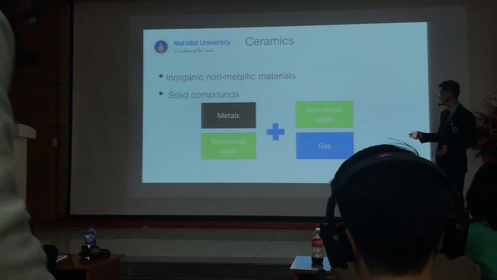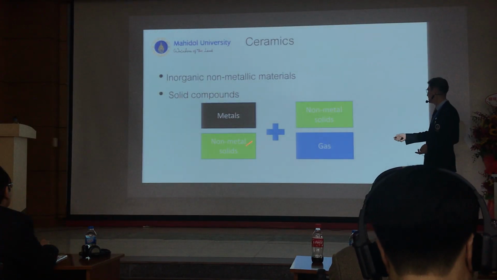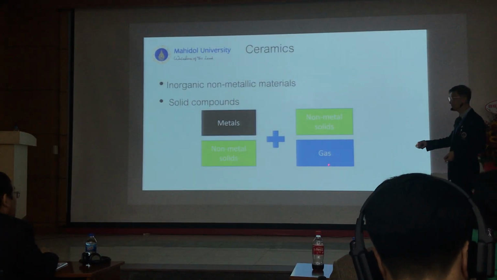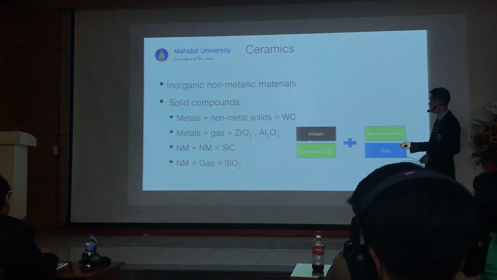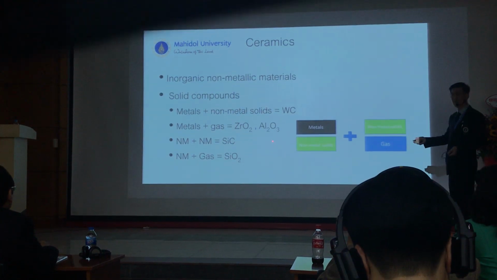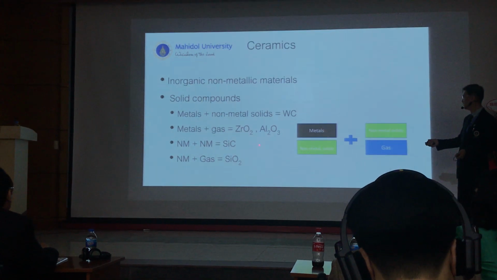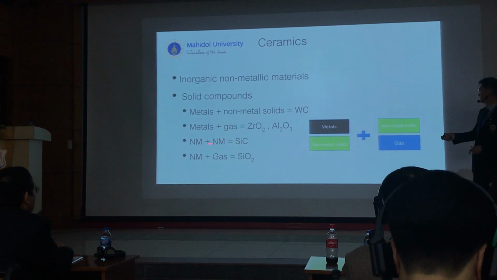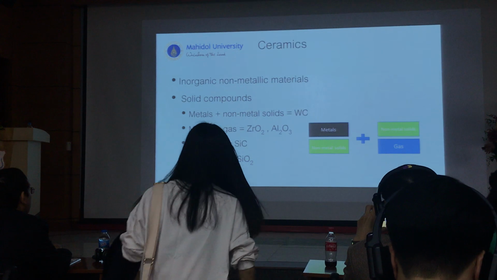If you look at the left side and the right side, it's a combination between metal and non-metal that is solid. For example, metal and non-metal like tungsten carbide, and zirconium, which we are very familiar with, and aluminum oxide, solid and solid that are not metals. We have silicon carbide, the sandpapers that use ceramic on the paper, and non-metal like silica. We are using glass, or porcelain, something like that.